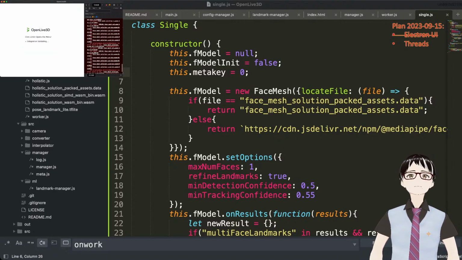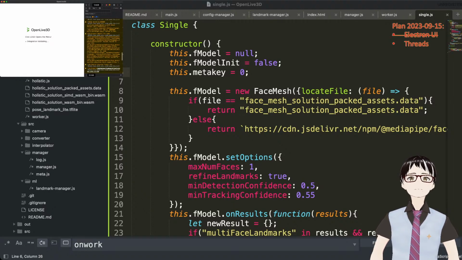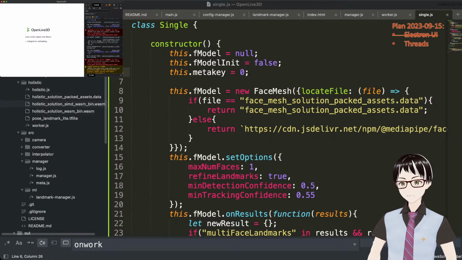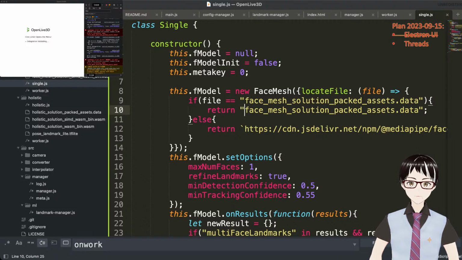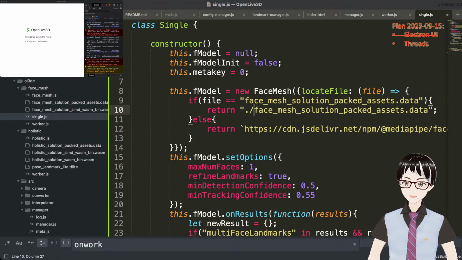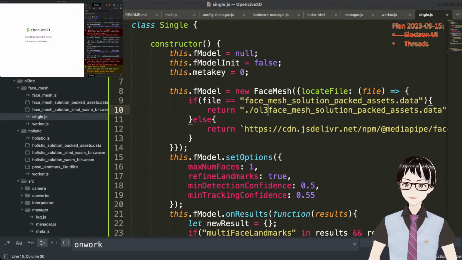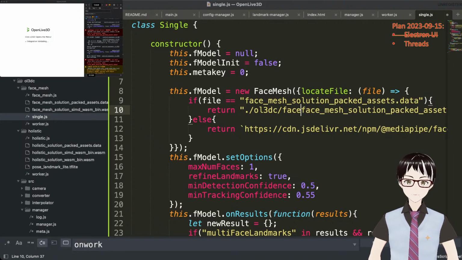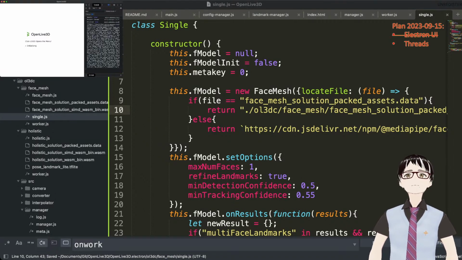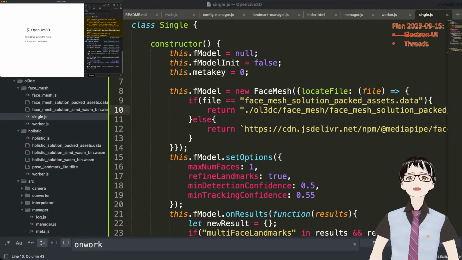Okay, no such file. Okay, interesting. We're getting a lot of error log. Here we're trying to load the file. Okay, there is no such file. Which means we should probably add the corresponding addresses. OL3DC face mesh. Let's see. And we are